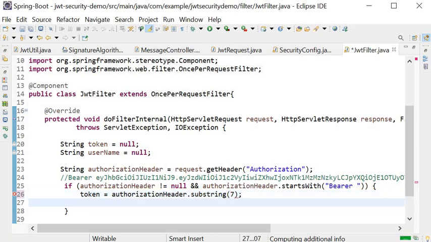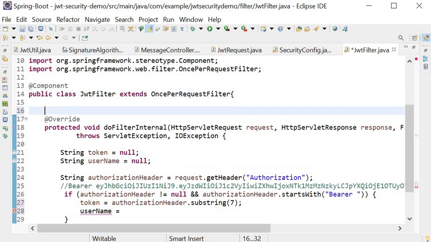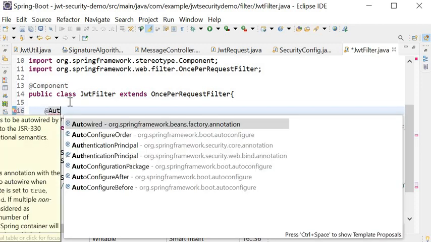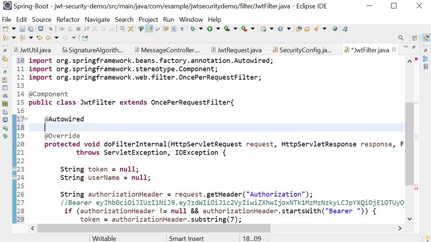And now we need to extract the username. The username will be extracted from the class jwtutil, because in the jwtutil class we have written the function to extract the username.